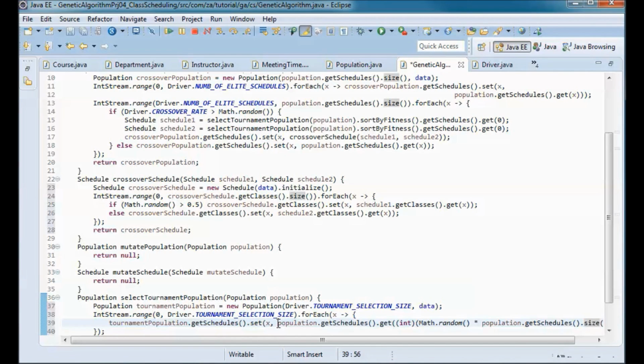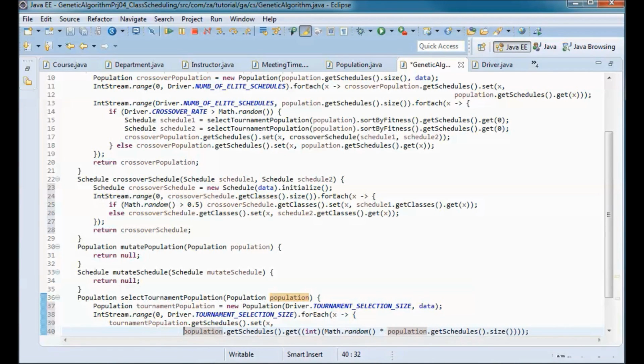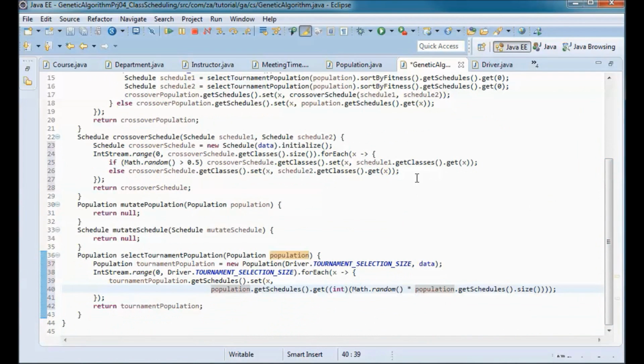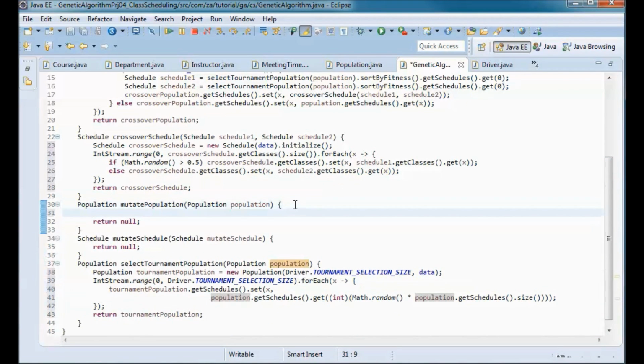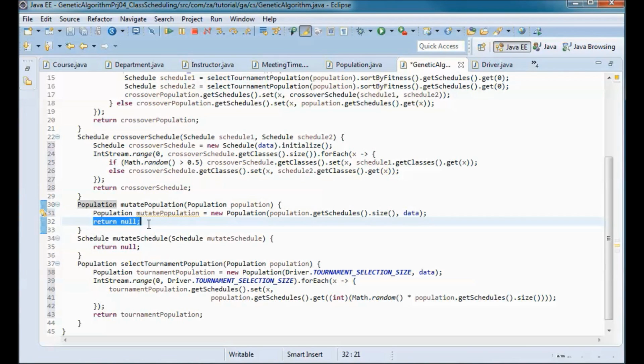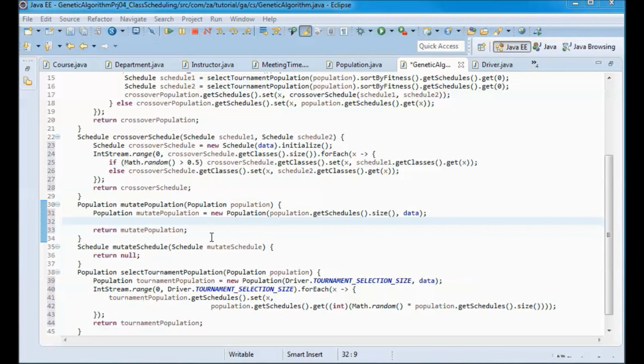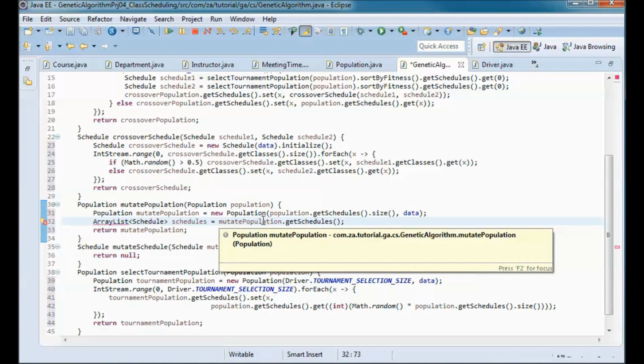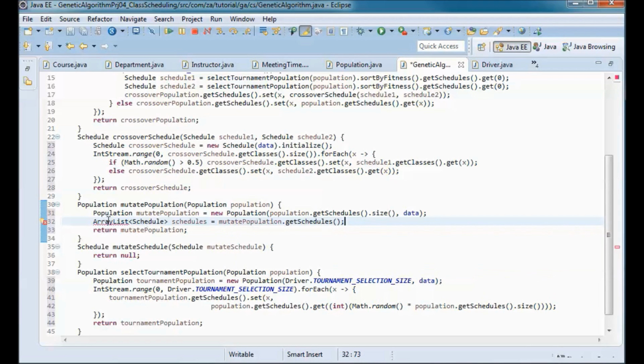And let me make it more visible. And for mutate population, I will instantiate this new population and return it. But before doing that, I will start by picking up the schedules. So mutate population.get schedules,